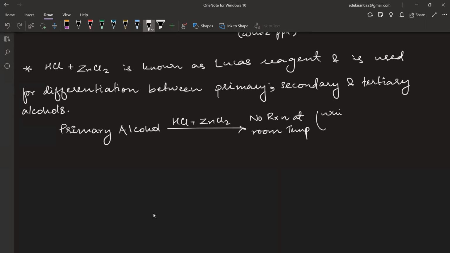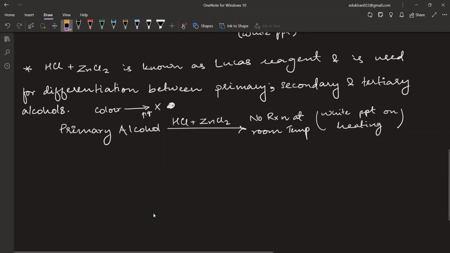I will get white PPT on heating. Okay, so how do you have to remember this? Whenever you have a colorless thing, you don't know what type of alcohol it is, primary, secondary or tertiary. You reacted it with HCl and ZnCl2, and there was no reaction, and then you heated it and you get white PPT. That means it is primary alcohol. If I have secondary alcohol,